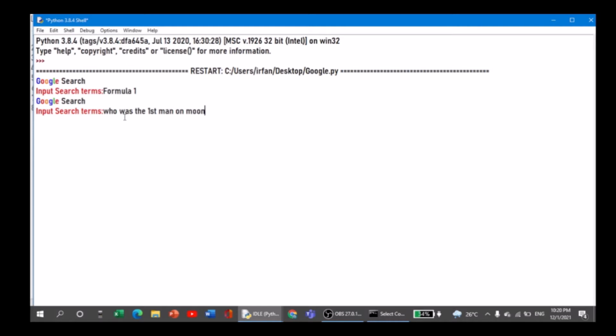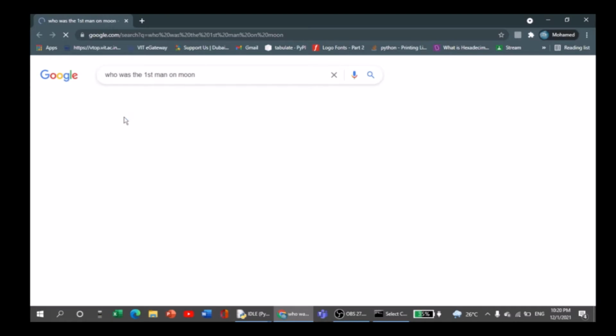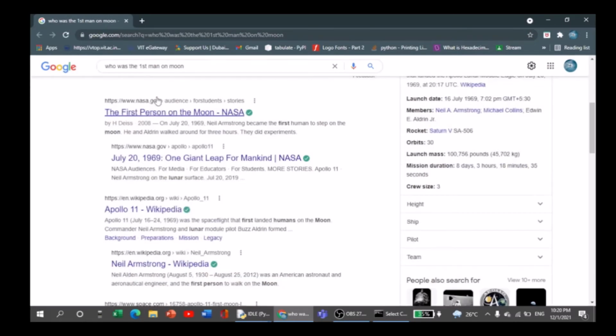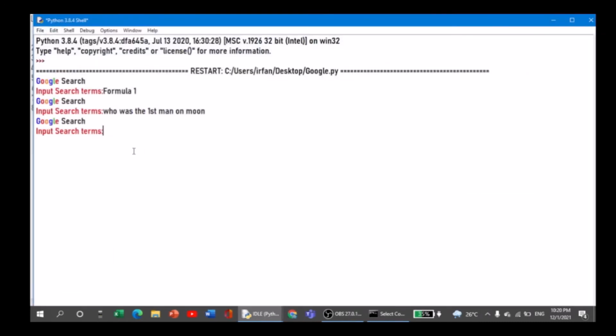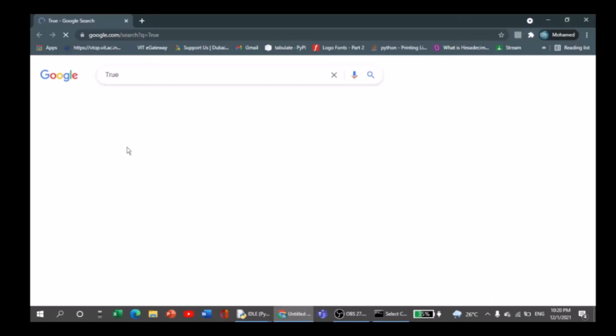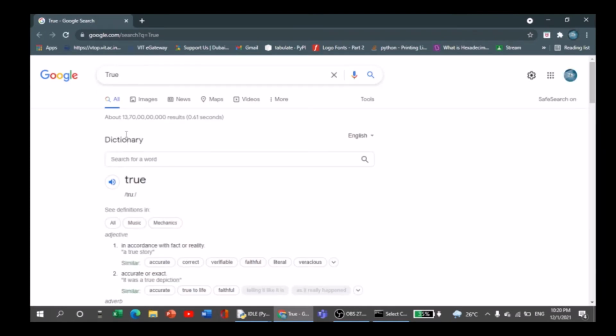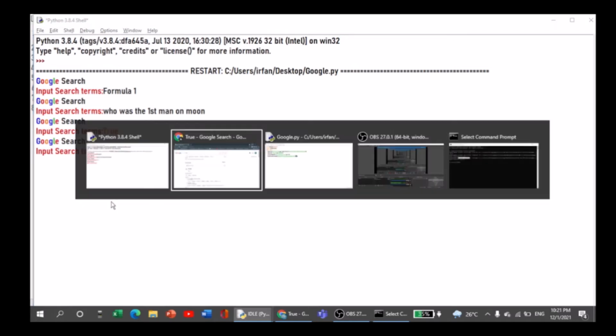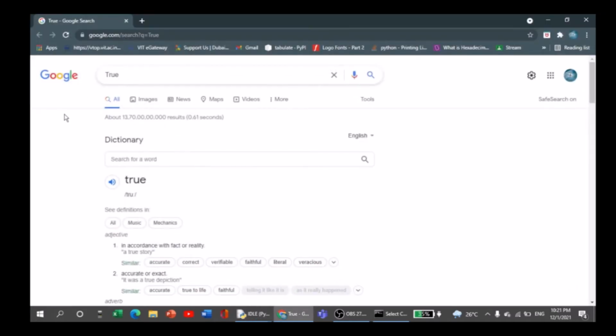Now let me enter that. When I press enter, now it's giving the output from Google. Right. Now let me search some other thing. Maybe let's search true. Now true is a boolean, right? Now let's search true, and it gives true. So basically that string conversion has worked over here. We used the color input, which was converted to string. So this true has now been converted into a string, and it had given this output from here.